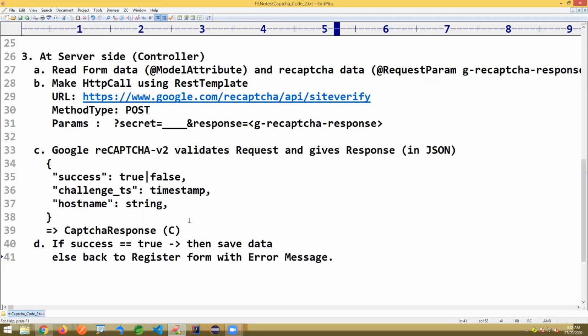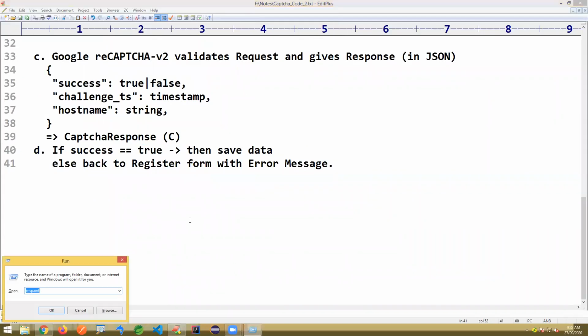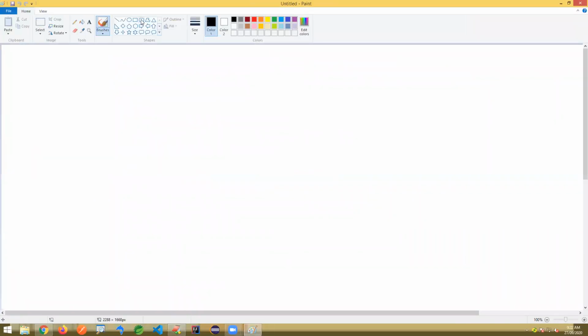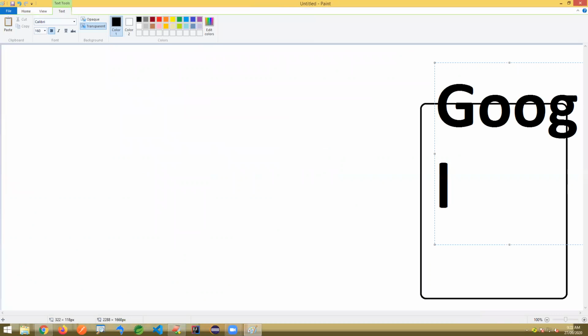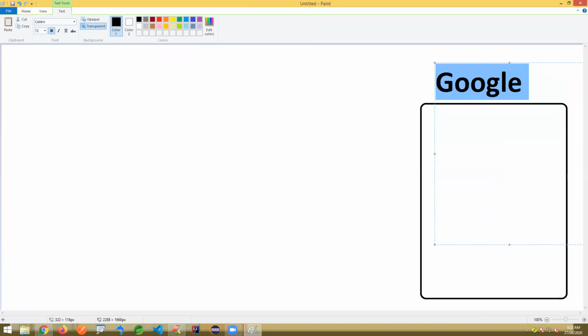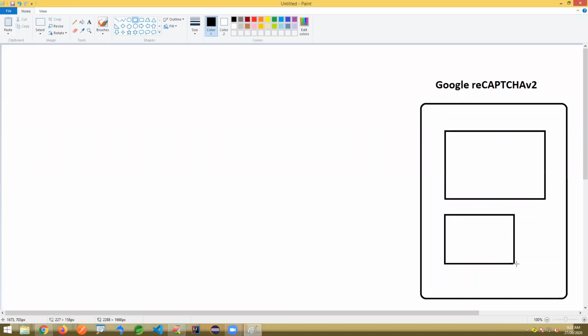Let me show a diagrammatic representation of how it is going to work. Observe. Step 1, go to the Google Captcha server and configure here. It will have a validation server and configuration.